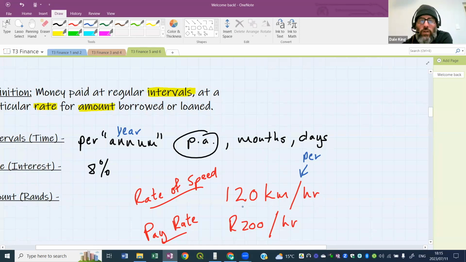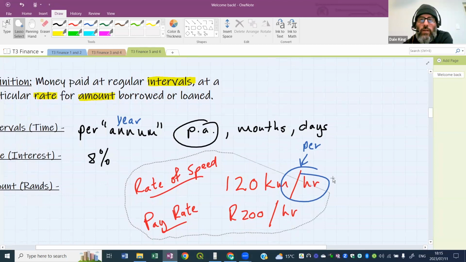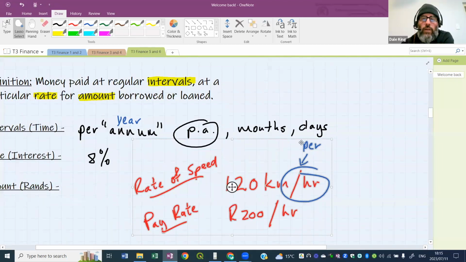So if I read this rate of speed, it's 120 kilometers per hour. So it's per unit, and someone mentioned per unit. So this part here at the back, that slash and the hour, it's per unit of time, distance per unit. Very good, Tando. So it's a speed or an amount per unit of time. I can see that you understand. Now, let's delete all this.